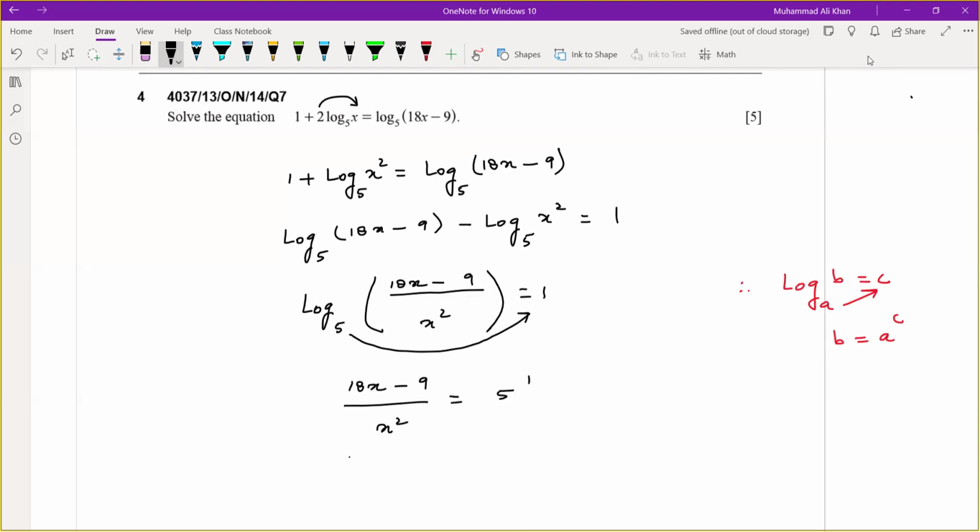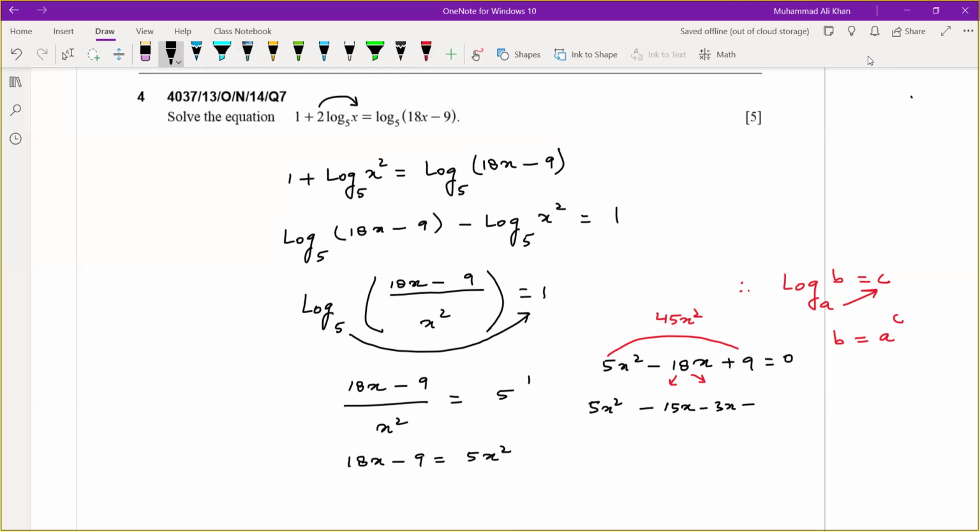Now cross multiplication, 18x minus 9 equal to 5x squared, and now 5x squared minus 18x plus 9 equal to 0. Now we have to break the middle term again. So it will be 5x squared minus 20x we have to break the middle term. अब middle term जरा break करते हैं. 5 9s are 45. We need product as 45. X square और जब इसको ब्रेक किया जाएगा तो प्लस माइनस करके हमारे पास क्या आना चाहिए? 18 आना चाहिए. So now, it will be 15x